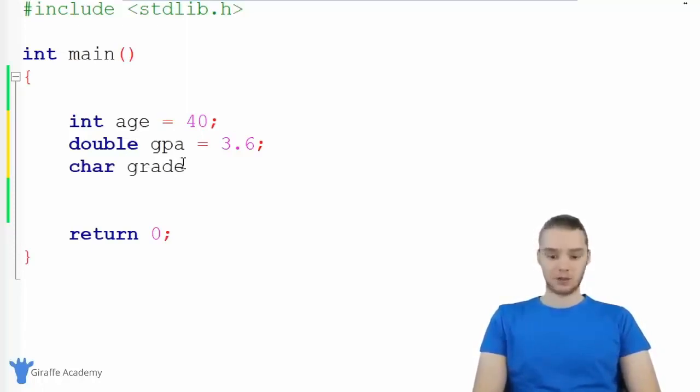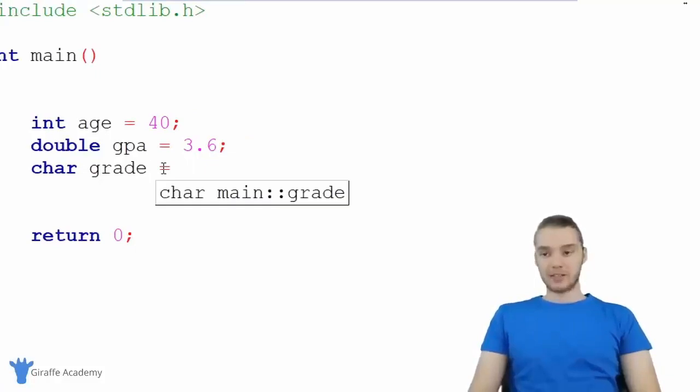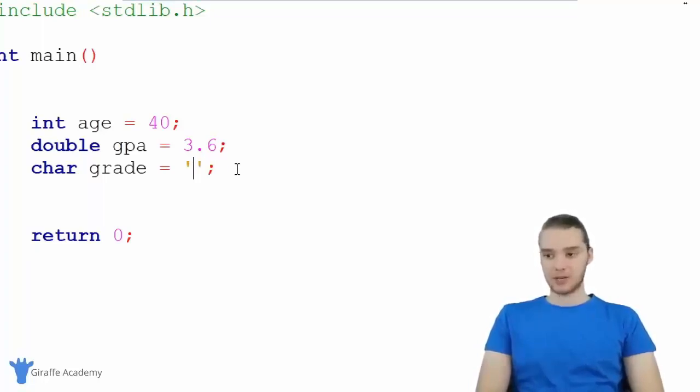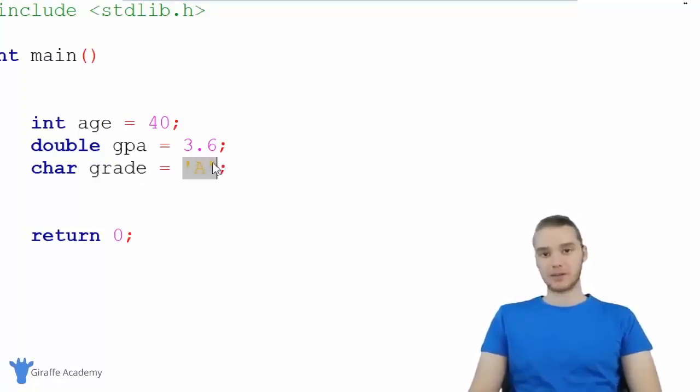So maybe it'd be like someone's grade. And when we create a character in C, we're basically going to specify the character that we want to store inside of single quotation marks. So inside of these single quotation marks, I could put a letter. I could put like A or lowercase a. We could put H, C, D, F. Basically, you can put any character that you want to store. So if I put an A here, now this character variable grade is going to store the single character A